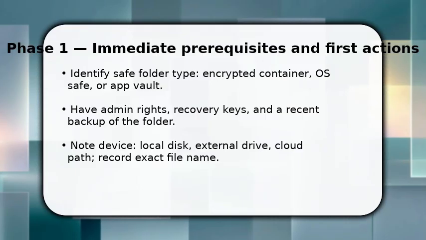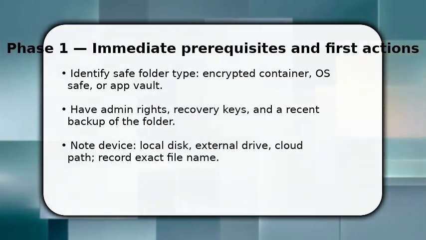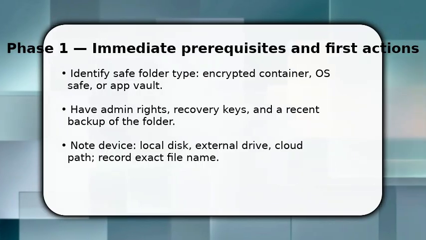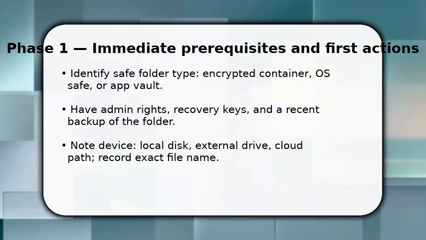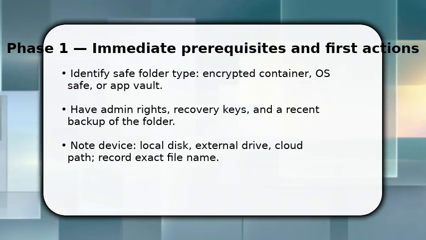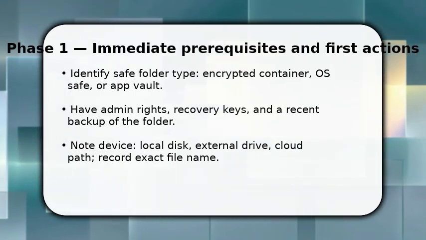You start by confirming what kind of safe folder you have and why it matters. Encrypted containers behave differently than OS-protected folders. Once done, make sure you have admin rights, any recovery key, and a verified backup so you don't lose data during checks. Next, locate the exact path or file name, local disk, external drive, or cloud, and note where metadata